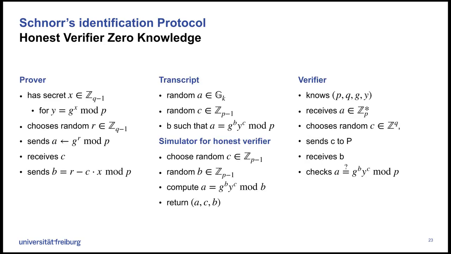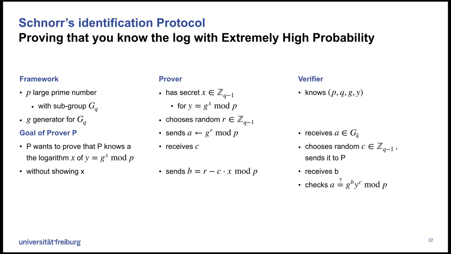And the interesting thing is a very nice breakthrough was by Schnorr when he came up with his proof, which was not perfect zero knowledge for any verifier, but it is perfect zero knowledge for an honest verifier, where we prove that we know an exponent x. And this is really the foundation of everything which comes later on, because this was the first